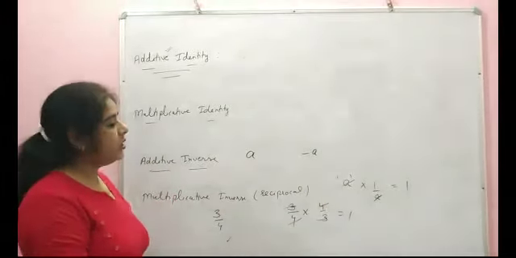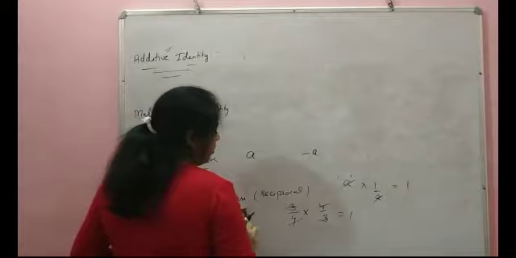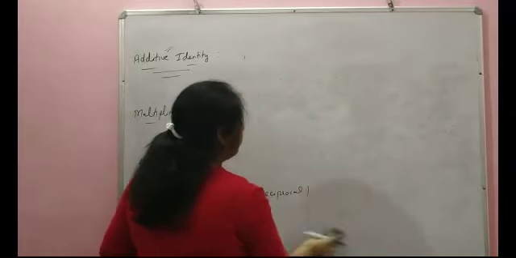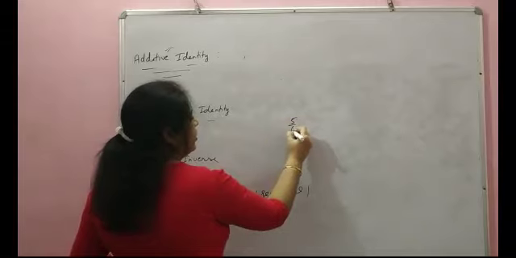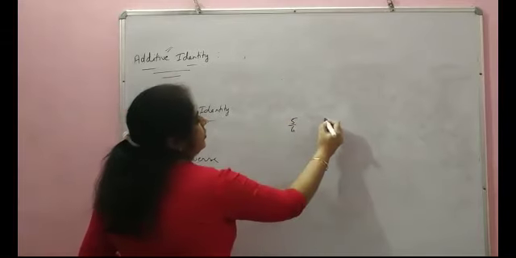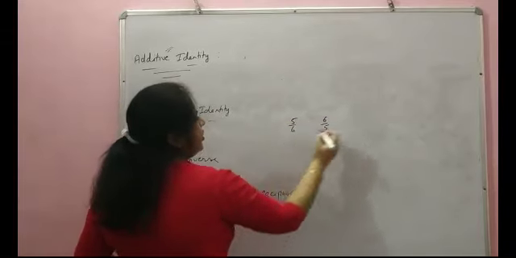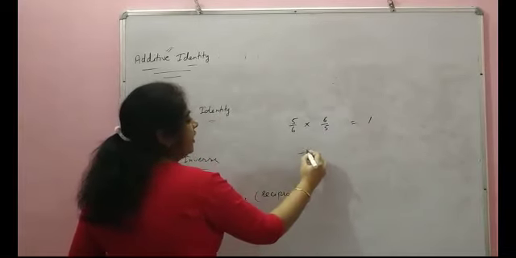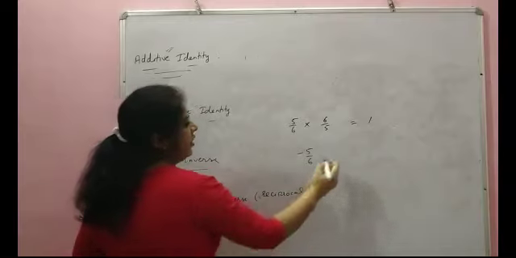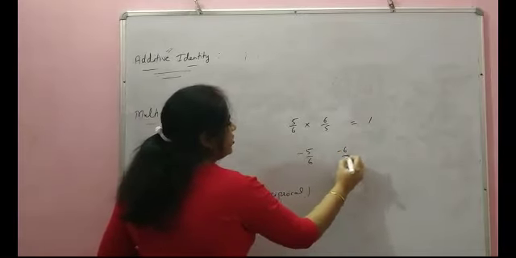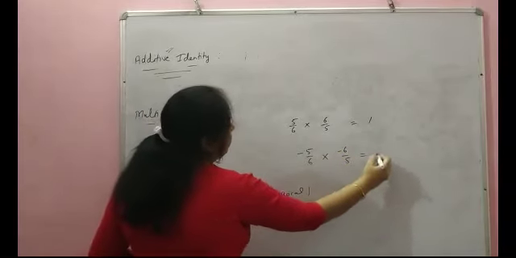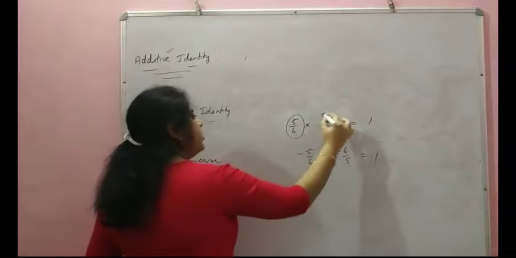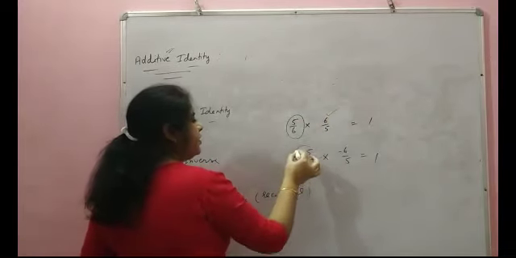So the reciprocal of a positive rational number is always positive. See, this is a positive rational number. If we multiply with this, the answer would always be 1. If we have a negative rational number and we multiply with this, the answer will be 1. So the reciprocal of a positive rational number is always positive. The reciprocal of a negative rational number is always